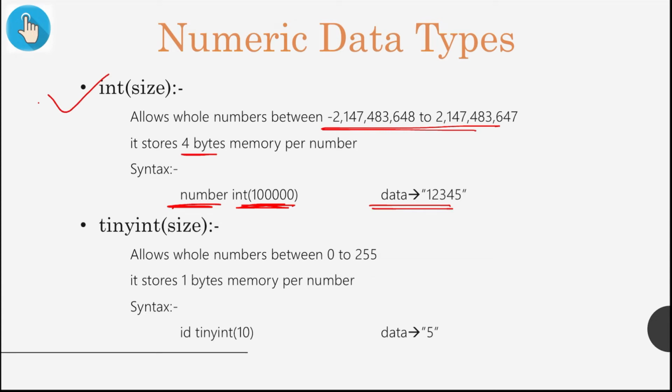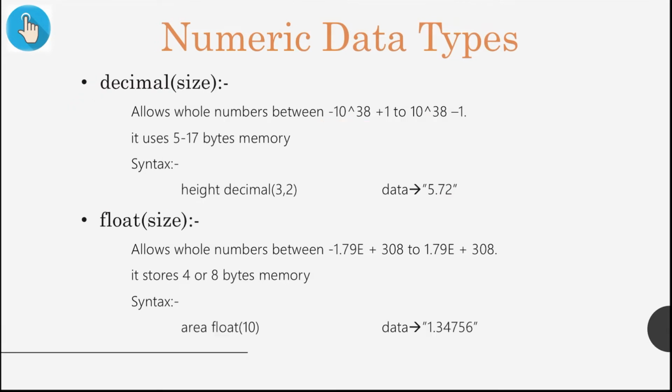Therefore, if we have a small amount of data ranging from 1 to 255, we use tinyint, where it stores memory of 1 byte only. If we store our data with a specific limit, then our memory will not be wasted, and it will take a small amount of memory, so it will be easier for us to use in our program.